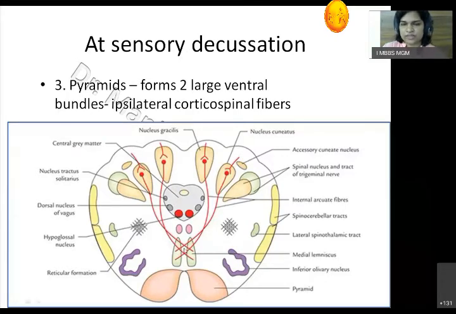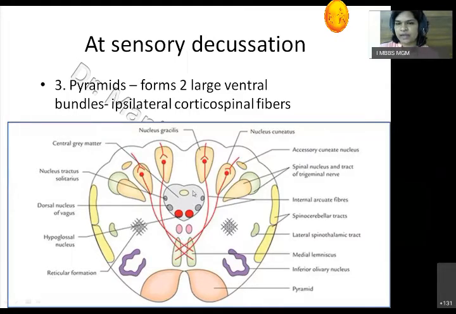So if this is the part of the pyramid, this is of the same side of the pyramidal tract, while this will again be of the same side of the tract. Okay. So in the lower part of the medulla, they are going to cross. So we can see the pyramids in the ventral part, which is white matter. Above that will be the medial lemniscus, which is formed by the crossed fibers of the tractus gracilis and fasciculus cuneatus. Then above that, we are able to see the medial longitudinal bundle.